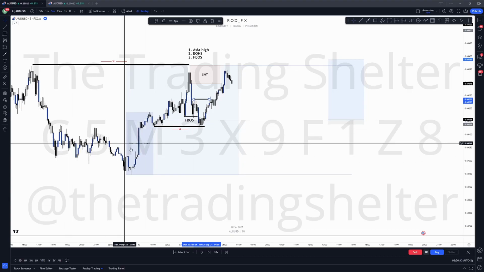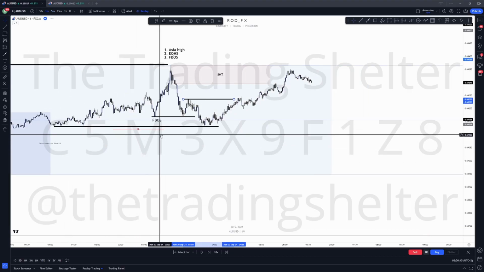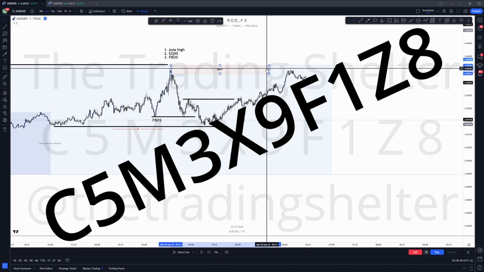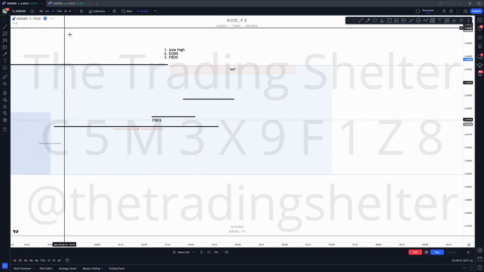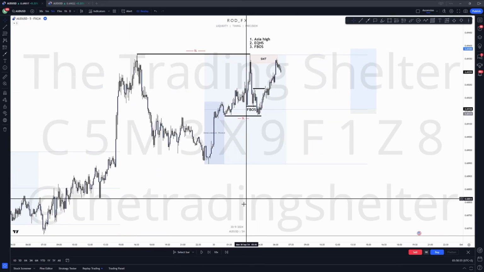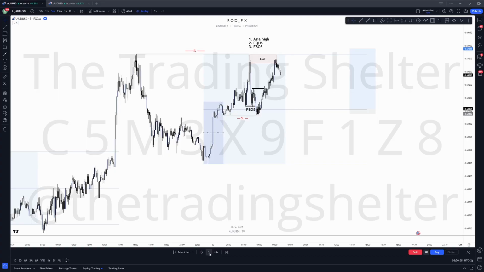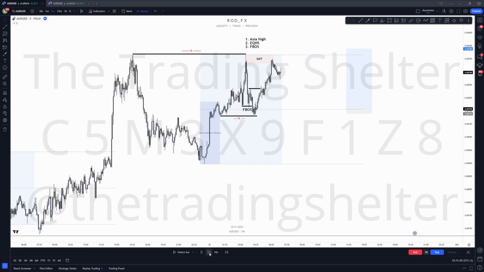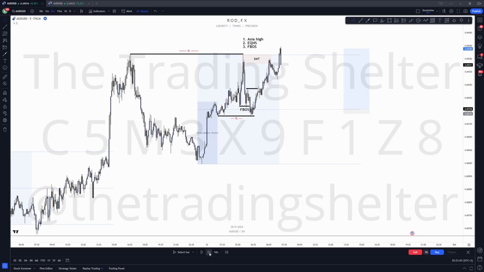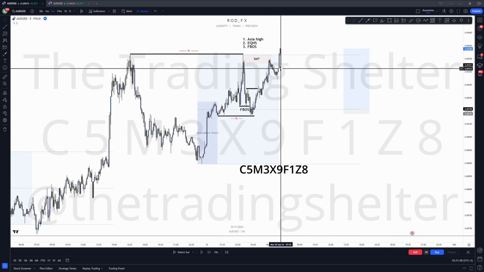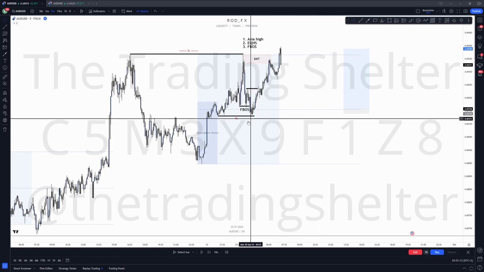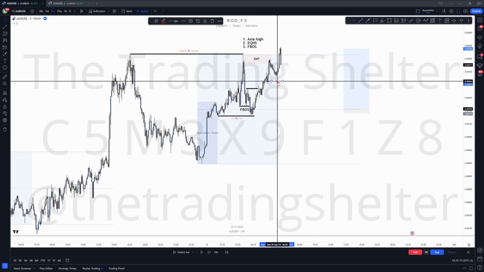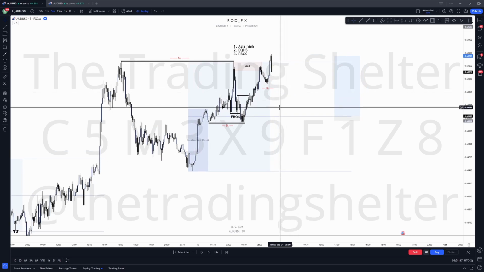Let me just go into the EM1 and check the justification and see on what type. So this is the POI they selected. Okay. Perfect. Let's see if we have a reaction. We do have a reaction. And now price is inducing Asia high. Okay. So inducement of Asia high. These guys are out. Only these guys remaining. And now we also have people entering at Asia high breakout.